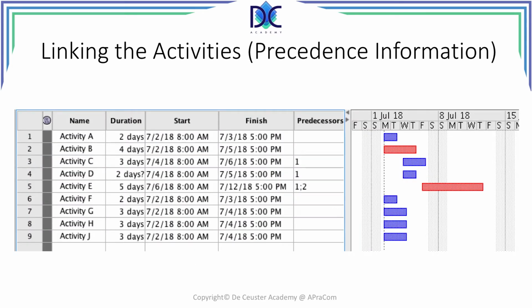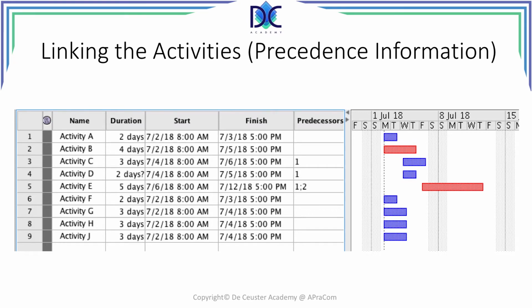Let's link the activities. Here you see some activities that have been linked already. A and B have no predecessors, so there is nothing in that field. Activity C has activity A as predecessor, but I cannot write here activity A. I will have to put the number of the predecessor, and immediately we see that activity C starts when activity